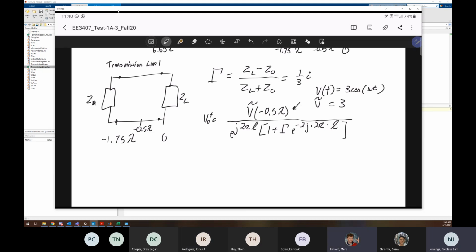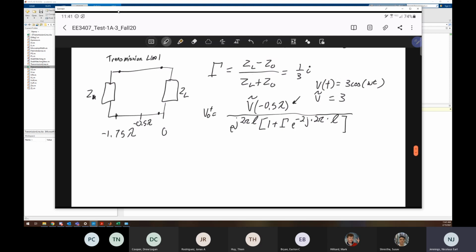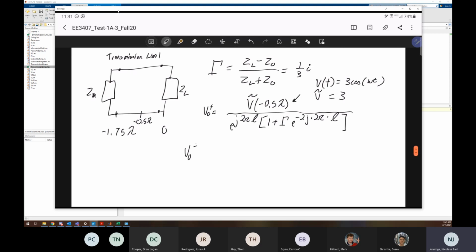So what can we do about that V phasor of the negative 0.5 lambda? I don't see how to. I guess it wasn't very specific. Sorry. What I wanted us to do was recognize that V naught plus is equivalent to